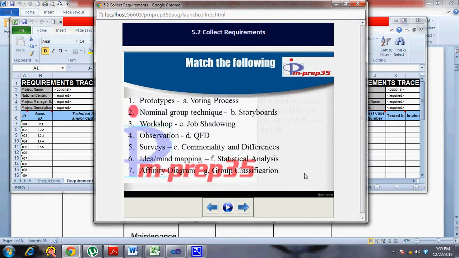For this you need the list of stakeholders from the stakeholder register. You also need to know how to manage them, and that comes from the stakeholder management plan. You have a project charter which has high level requirements. Then you have your requirement management plan, the scope management plan, to tell what to do or how to build the requirement documentation. So these are the inputs, tools and techniques and outputs for this particular process. That's about this particular process.